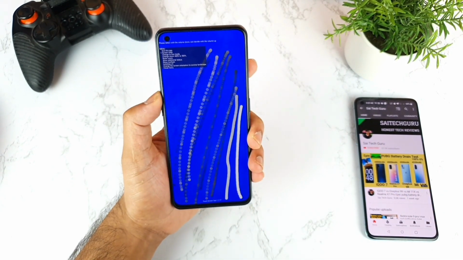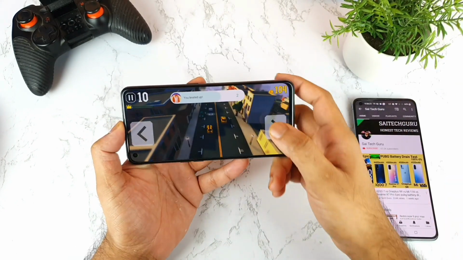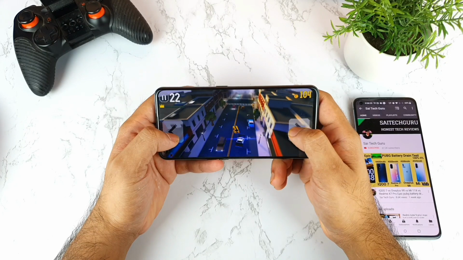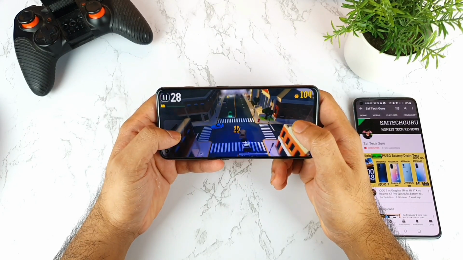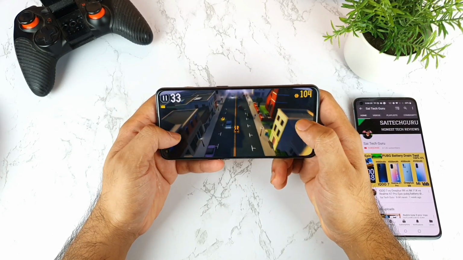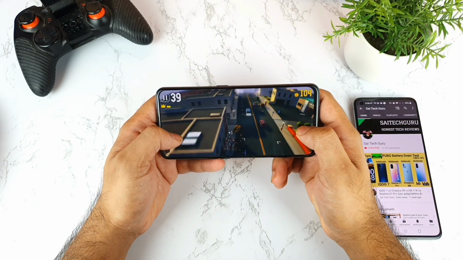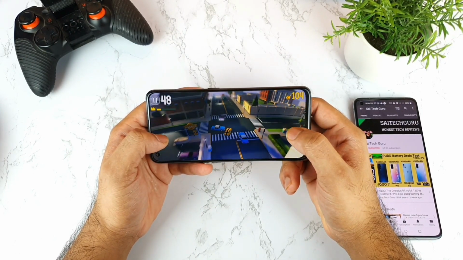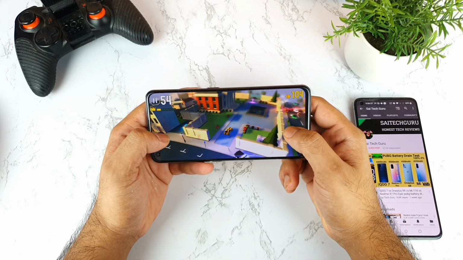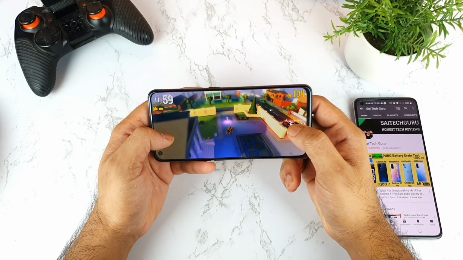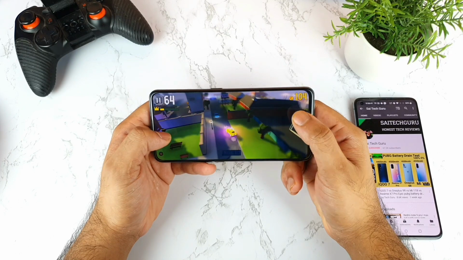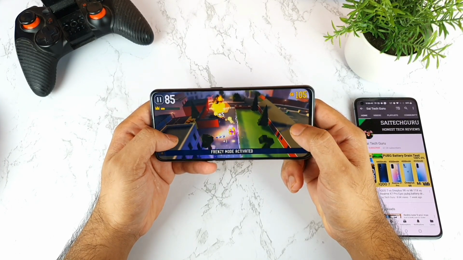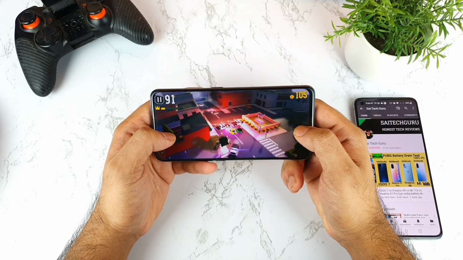Same, not much change. Definitely friends, I did expect the touch sampling rate to be really higher. If the company is claiming 300 Hz, that's no problem, it should be 300 Hz, same like the iQOO 7 device and other smartphones, the Mi Lux device. If the company is claiming 360 Hz, we should be able to see 360 Hz touch sampling rate, but not less. I'm not sure what is happening right now, whether the application is wrong or this phone is wrong. But I'll try to use some other applications as well if possible meanwhile.